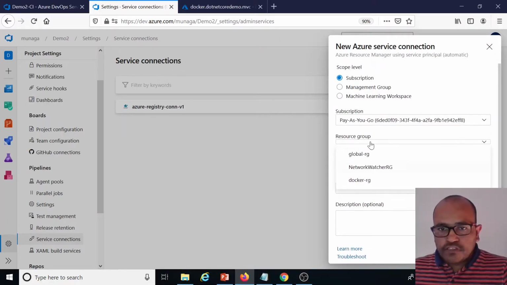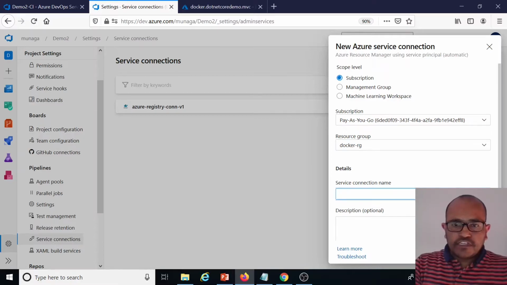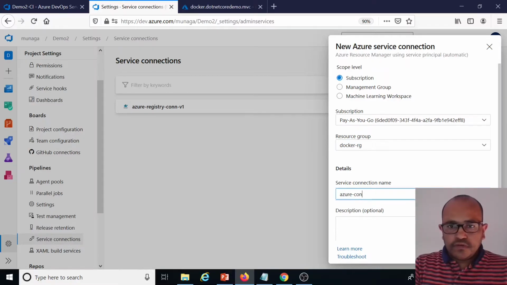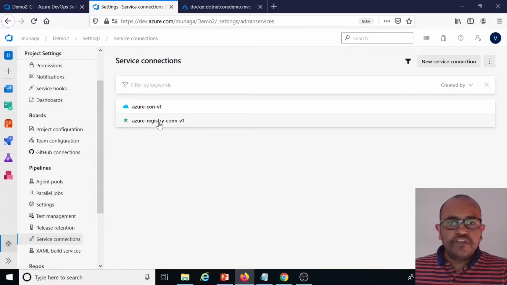Now it will populate the resource group. I know it is Docker RG, and I'm giving the connection name, Azure connection version 1.